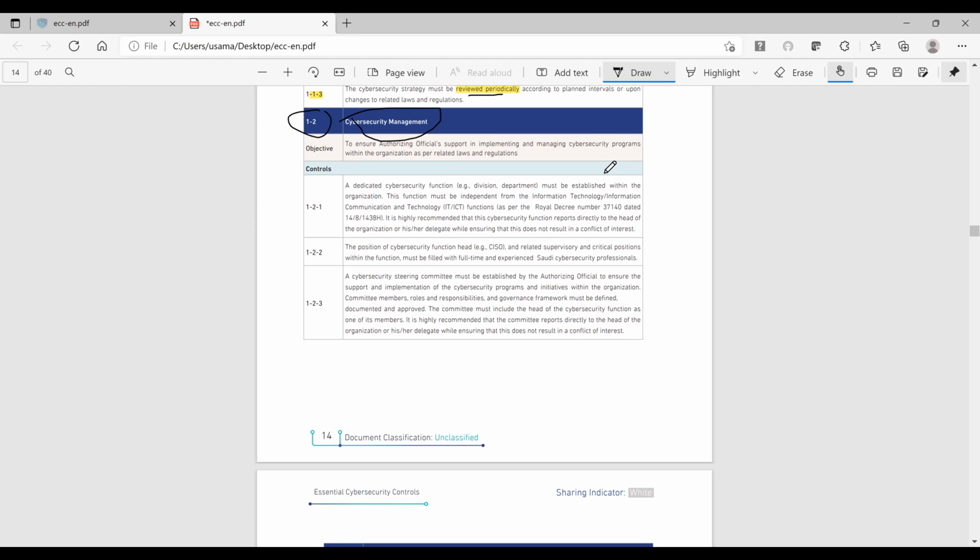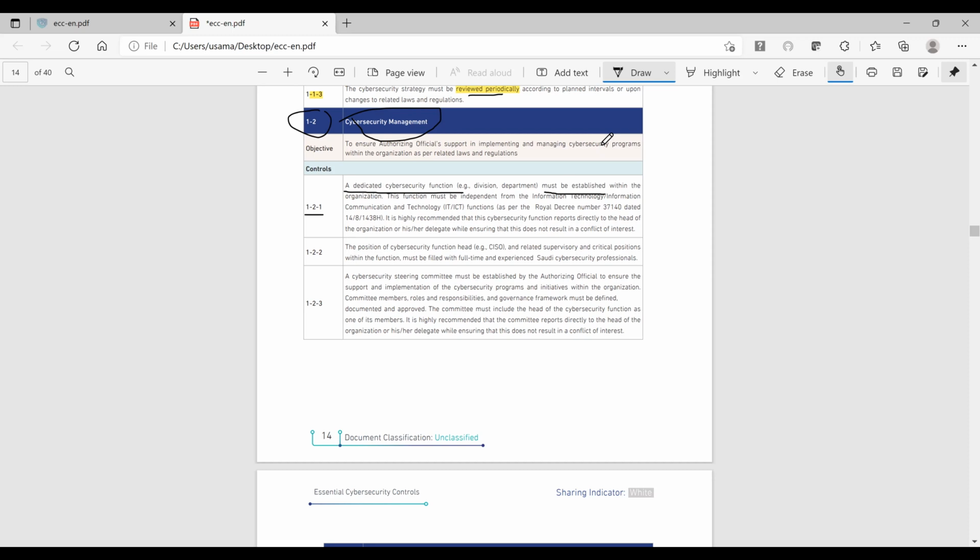And again, this is a part of ISO 27001 and NIST SP 800-50. Here in control number 1-2-1, you will find a very important point, gentlemen. A dedicated cybersecurity function must be established. This makes a big difference in the implementation of cybersecurity. Cybersecurity cannot be a part of IT. It cannot be a part of the IT department. It should be a separate, dedicated